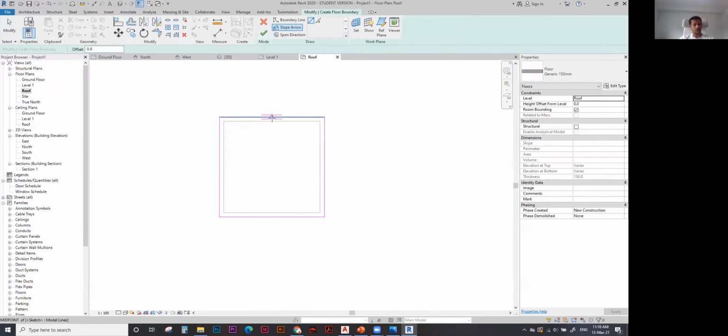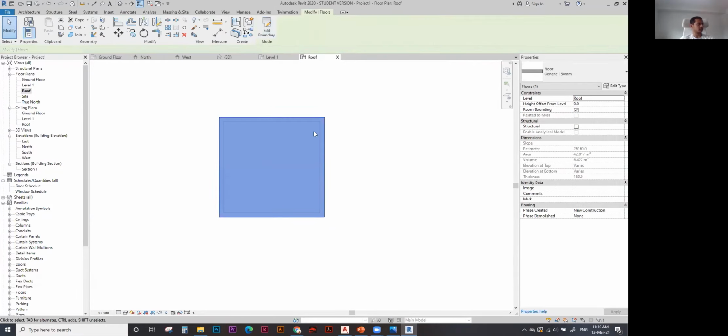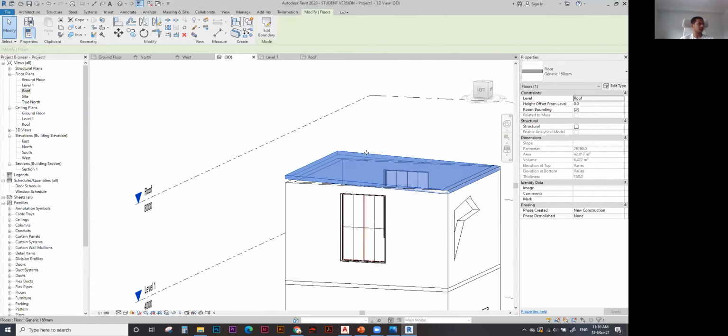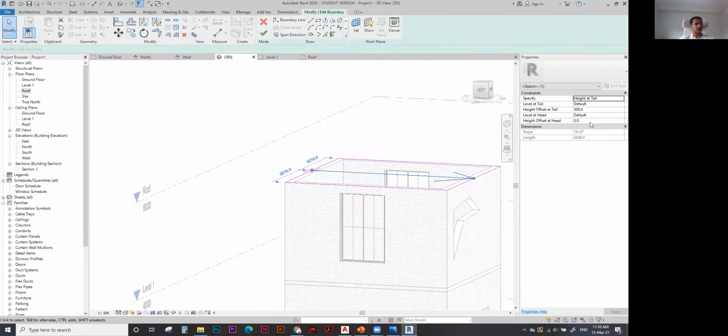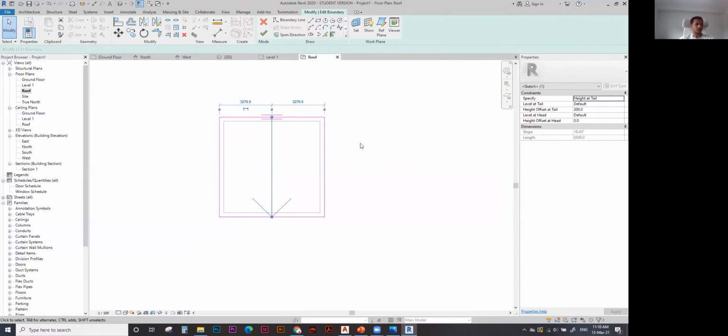Go to my floor and draw a boundary. But I'm going to say slope this roof really one-sided. I don't want to be sloping on all sides. So I'm going to click on this, click on the slope arrow icon, and hit this line. So I want to slope it from this side, right? So I'm going to say slope it along this. And what this would do is create a slope roof on that specific angle. And to control this angle,